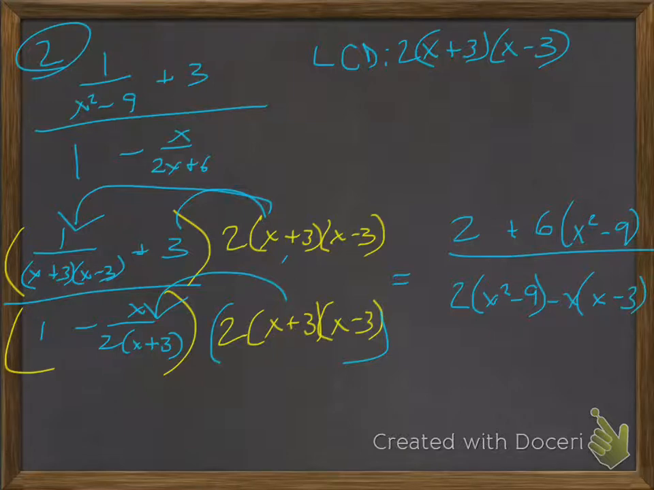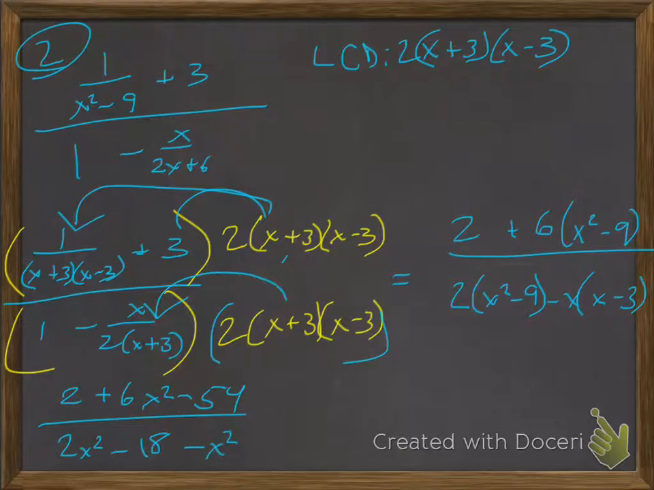So then to simplify, I have 2 plus 6x squared minus 54 over 2x squared minus 18 minus x squared plus 3. So simplifying, I get 6x squared minus 54 over x squared,